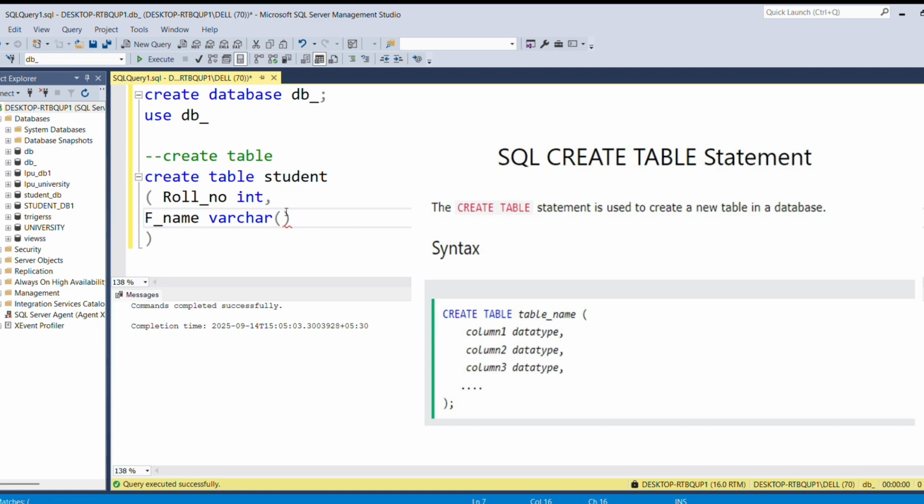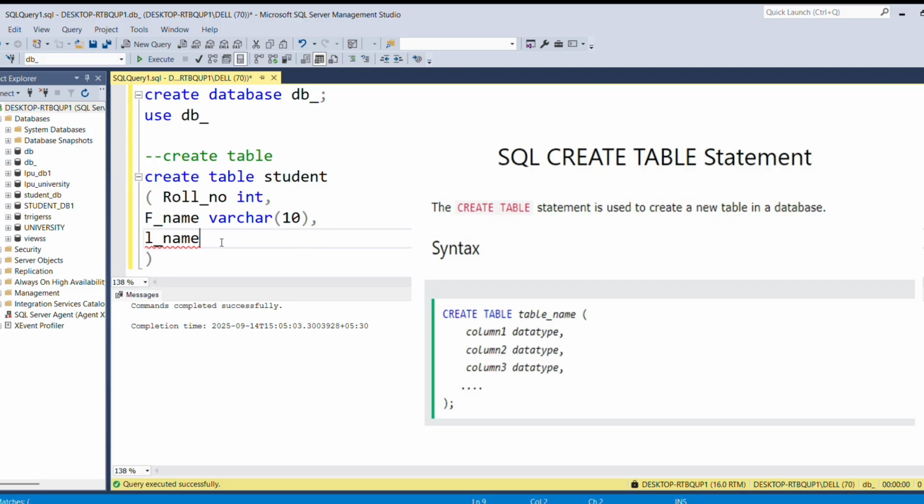Okay, like I'm giving the first name as a size 10 is enough for that. It is variable length. It will take the memory according to your data. Middle name is not required. So last name,